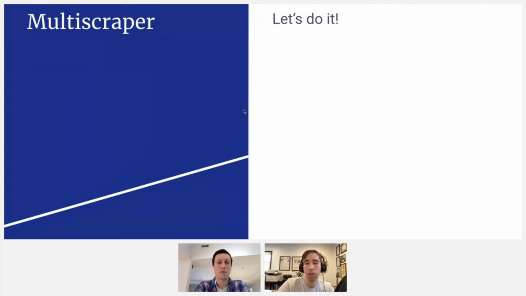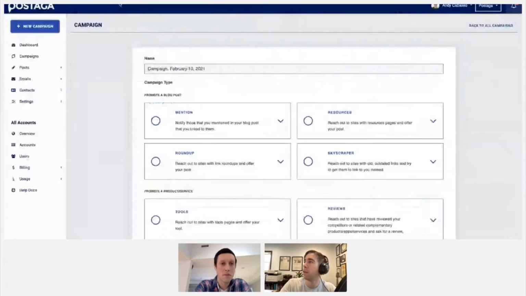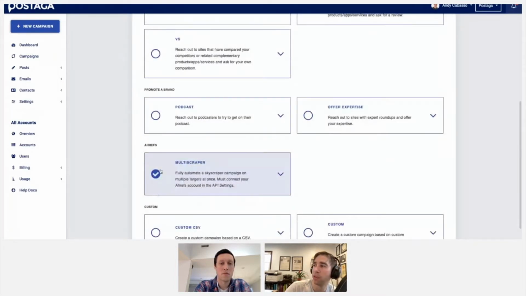So now I want to show you exactly how we're going to do this. First thing I'm going to do is go into my Postaga account. I'm going to scroll down to this Ahrefs section and click the Multiscraper button.